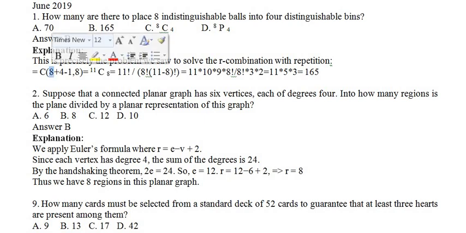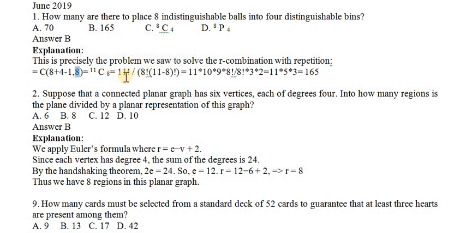Okay, so here 8 indistinguishable balls are supposed to be placed in 4 bins, which means 8 plus 4 minus 1, and the 8 you want to keep. Okay, so from this you want to find out the combination. For that, 8 plus 4 minus 1 is nothing but 11C8. Okay, actually it is the nCr formula, right?